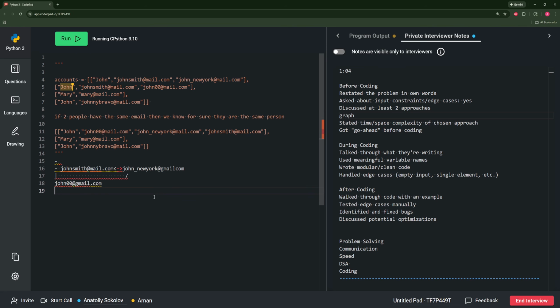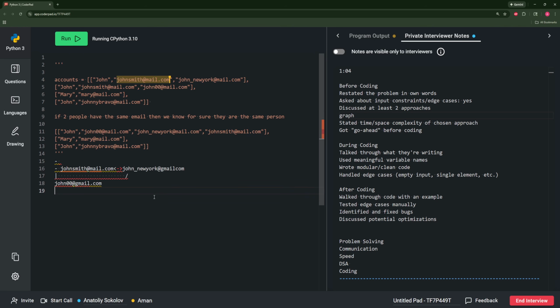And then how do you know what else is remaining? How do you make sure you cover all the emails, or all the nodes? So we would be iterating over all the emails that are present, and after starting from John Smith's email and marking all the emails that are reachable by John,